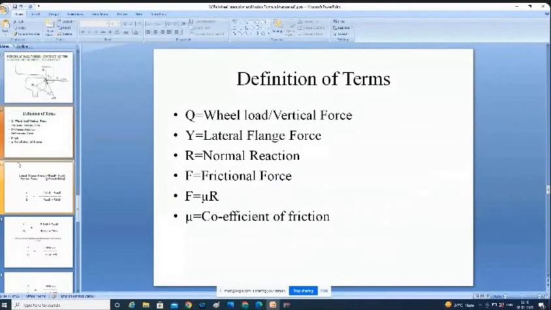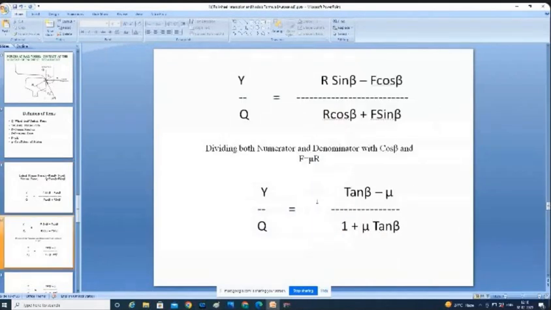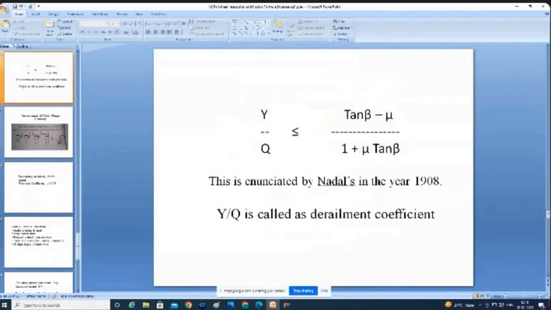If you resolve all of them, lateral flange force Y is equal to R sin beta minus F cos beta, and vertical force Q is equal to R cos beta plus F sin beta. Then Y upon Q, divide both numerator and denominator by cos beta, and you will get one formula in terms of tan beta. Finally, you will get one expression. This expression is called the derailment